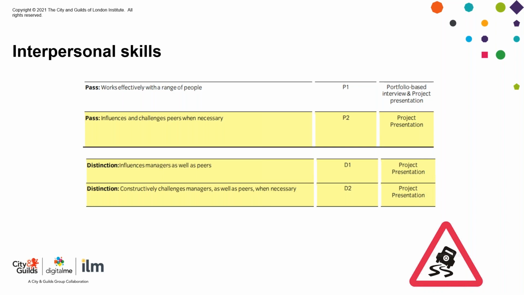It's often the case that the apprentice can't think of anything when put on the spot, but if they're well prepared, they should be able to come up with some good examples. Those of you with eagle eyes will notice that within decision making, an area tested only in the project improvement presentation, there is also a criterion about challenging others appropriately and being polite when doing so.